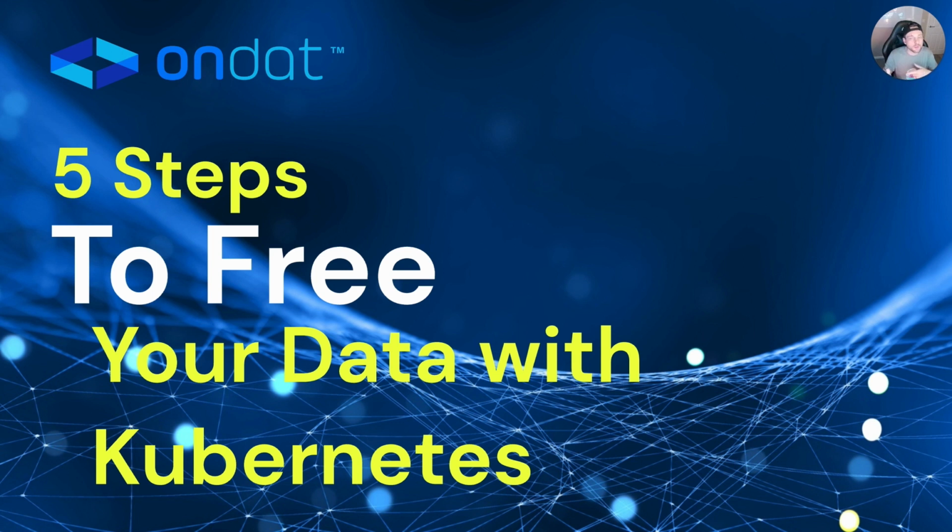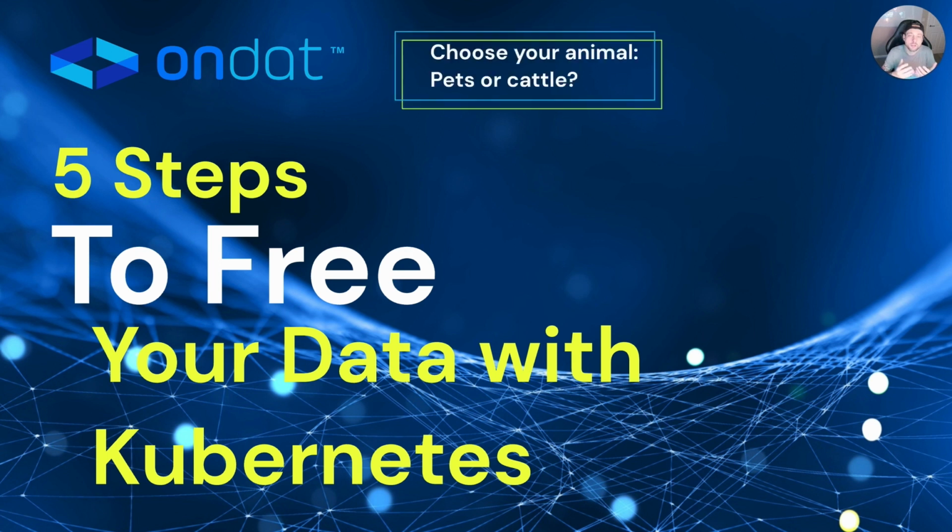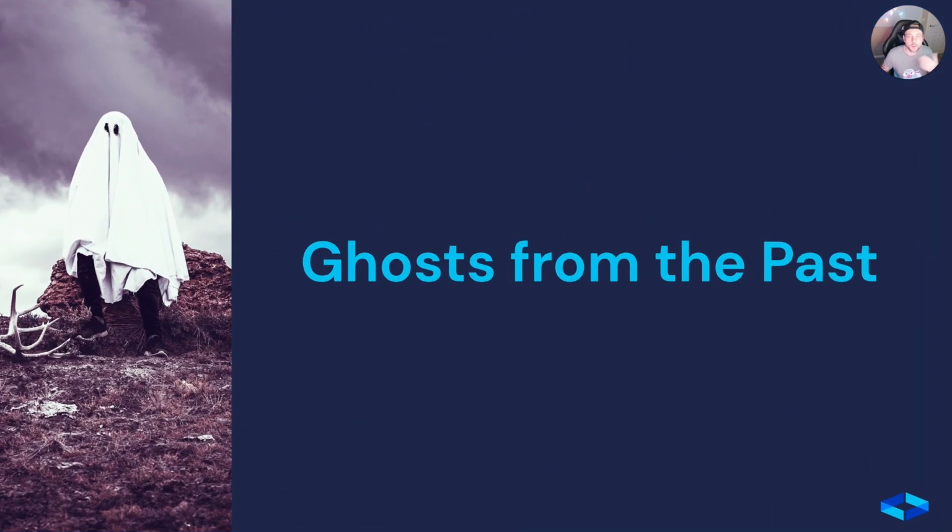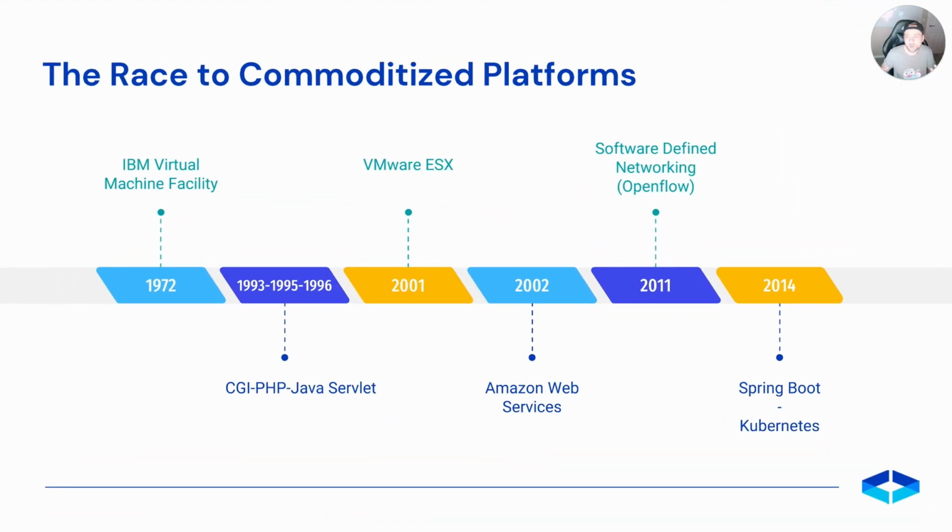But before moving forward, let's take a step back to understand what kind of application we can really run on Kubernetes. It all started with the advent of containerization, in particular with Docker, and how you were supposed to run containerized applications and treat them as pets or cattle, or in other words, as mutable or immutable pieces of software. Well, the last 50 years of the IT industry taught us that there is a sort of race to commoditize platforms. And Kubernetes is the ultimate example.